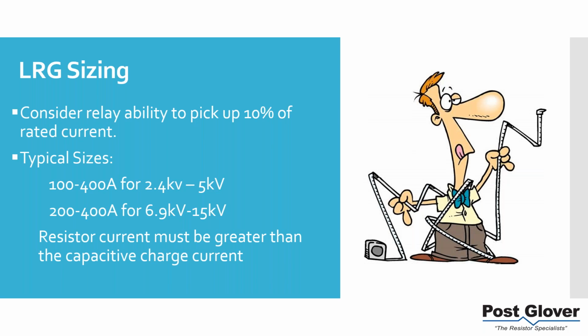For 2.4 to 5 kV, we typically have 100 to 400 amps. A lot of times it's 200, like I mentioned. And then when we get into the higher voltage range, it usually goes up a bit. I'd say 400 by far is the most common for those. Just consider